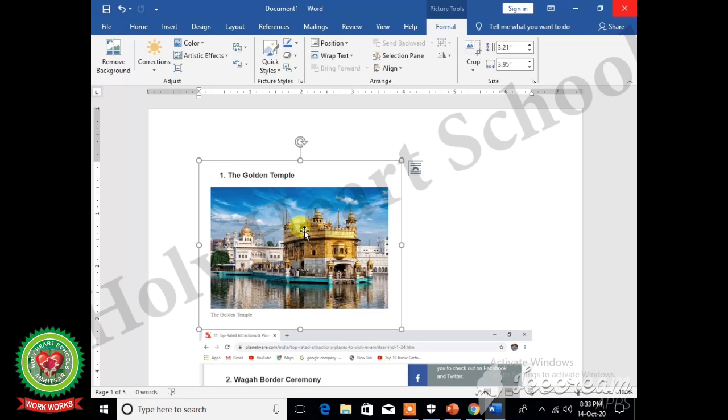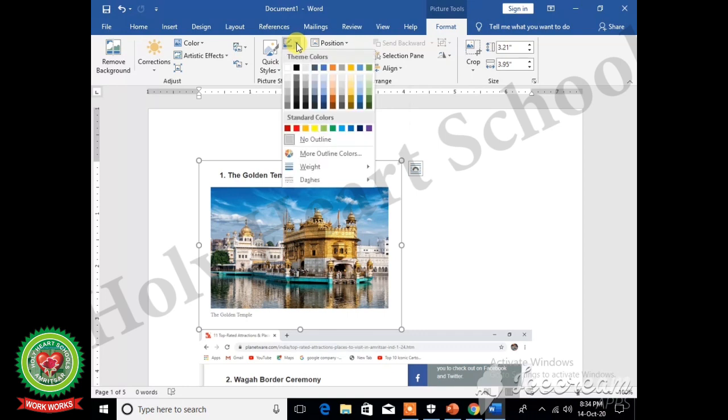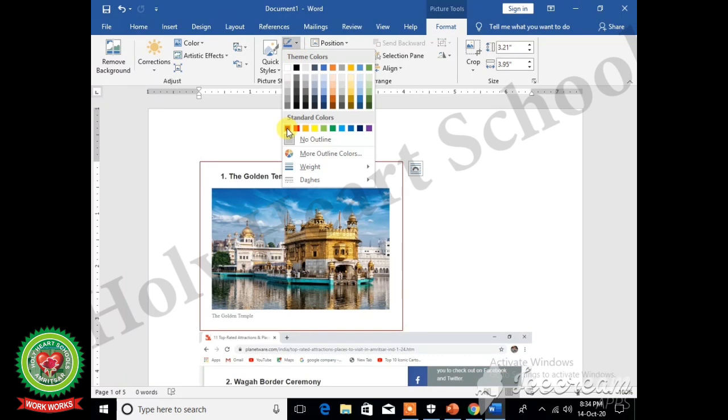Now we can give a border to this image. For this, firstly your image should be selected and then click on the first option of picture border from picture styles. Click on the color of the border.